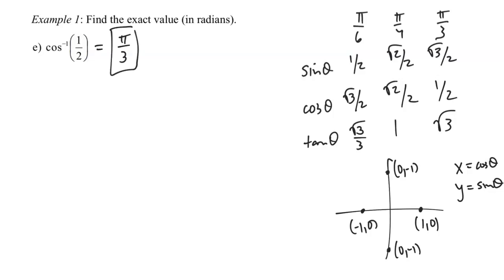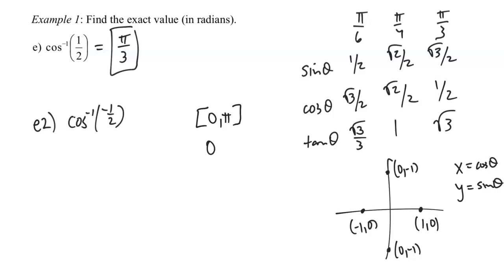Now, cosine inverse of a negative number, that is maybe the most missed type of problem here in section 4.7, so I want to work in E version 2 here with you, which is basically this same question, except I'm going to make the 1/2 negative. And now let's talk about this. Now, I'm still looking for what angle cosine is equal to negative 1/2, but I've got to keep in mind that the range for cosine inverse is from 0 to pi,